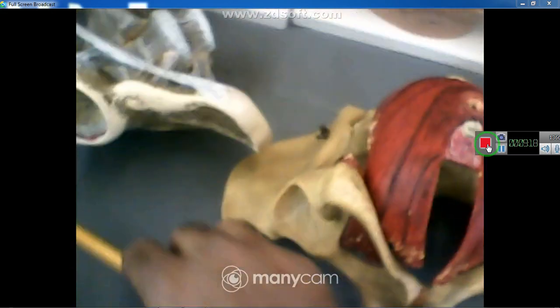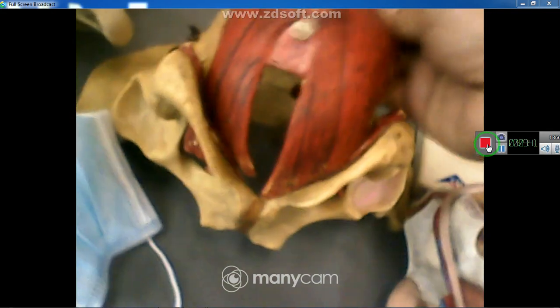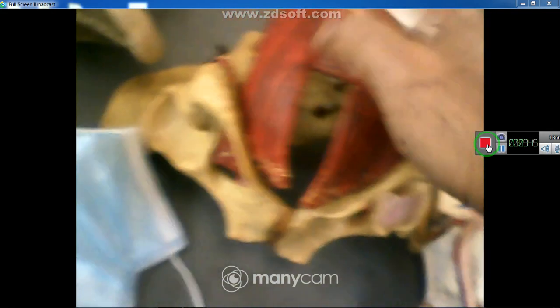And if I put the mask here, it will be the skin of the lower trunk. And the space between the mask and levator ani is the perineum. I hope you get it. This space, the perineum,